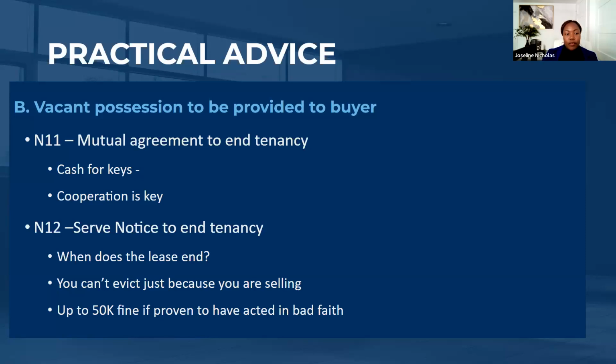We have a team of professionals that can go in there, issue the N12 for you or the N11 if that's what you need. And they can do all that for you legally and also to make sure that they protect you. In Ontario, if you're proven to have acted in bad faith, you can be fined up to 50,000. And I've seen situations where people will try to do funny things. Let me tell you, people are getting like,